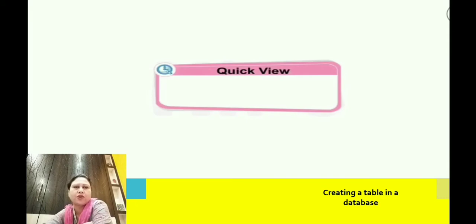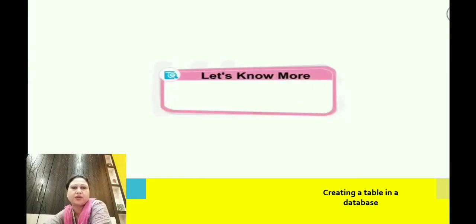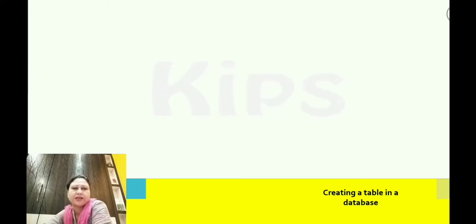Then let's have a small quick quiz here. You have to press Ctrl plus W in order to save the changes, and then you have to close the table. So if you want to make any change, you have to press Ctrl plus W, not Ctrl plus S. A field name can have, please underline in your textbook, up to 64 characters including the spaces also.